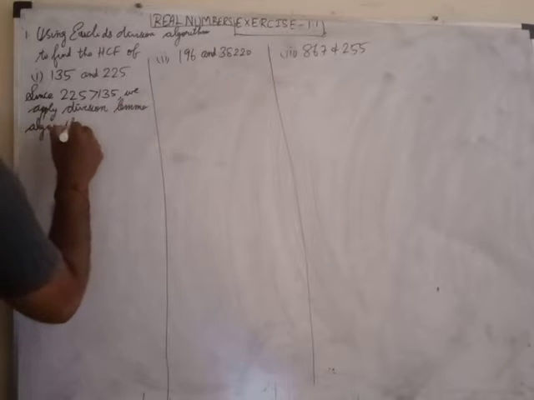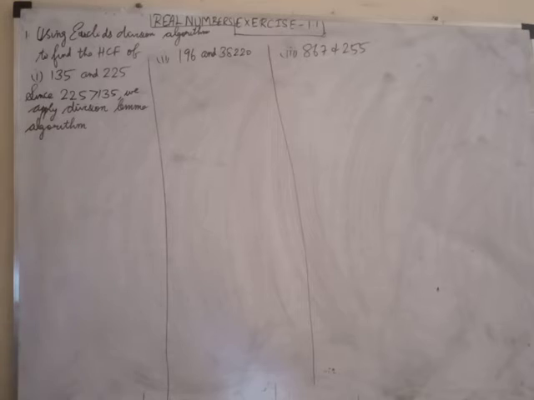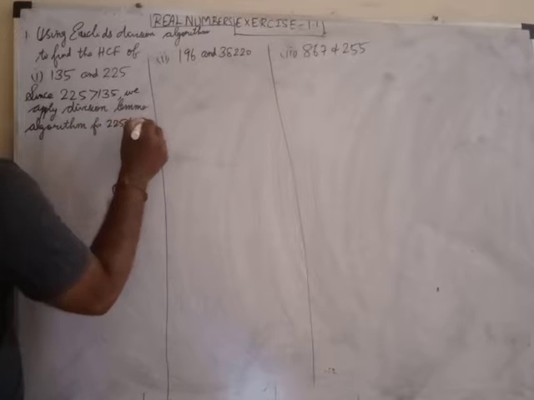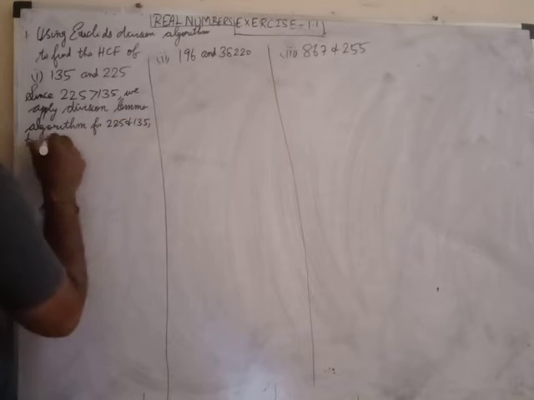In this division lemma algorithm, how are we going to put 225 and 135? Since 225 is greater than 135, we apply the division lemma for both 225 and 135 to obtain: